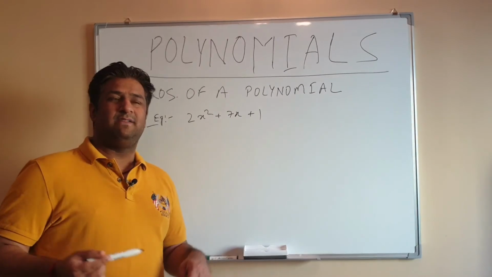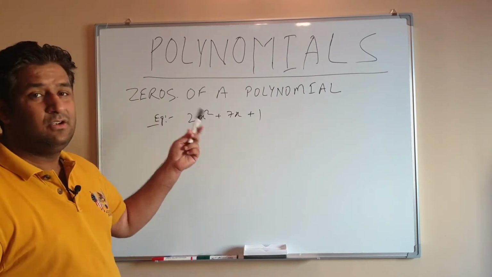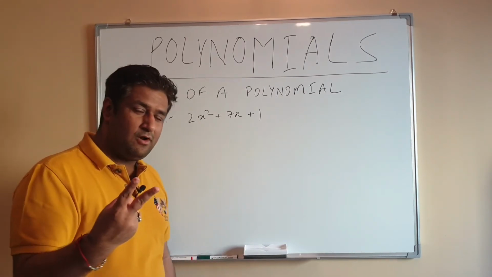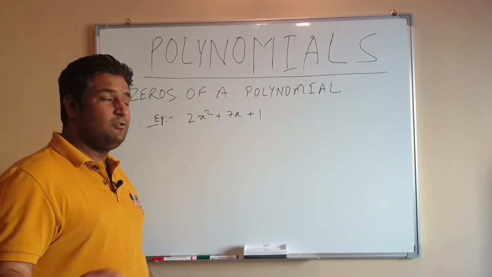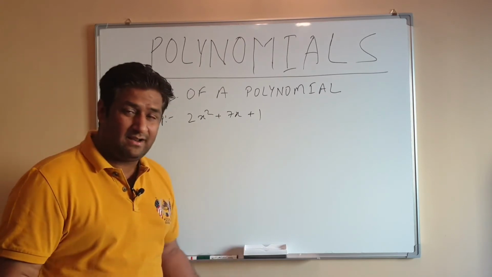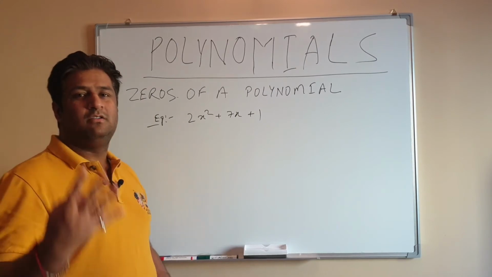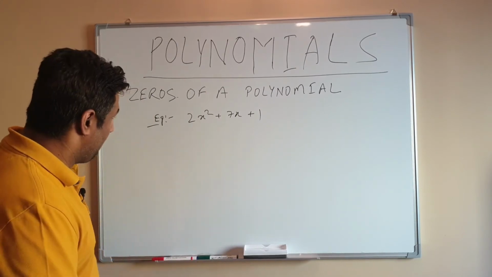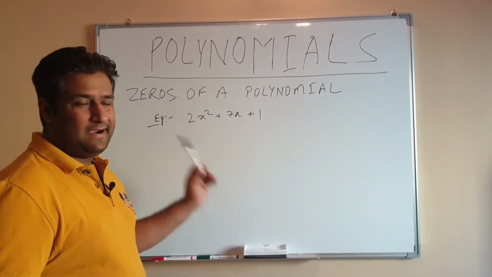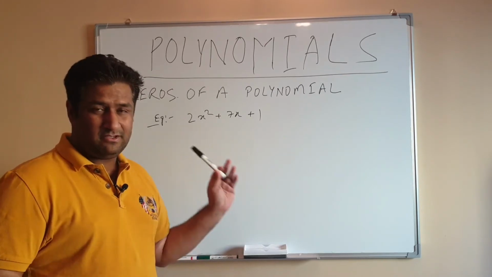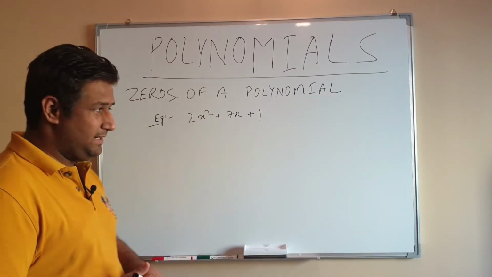So there can be multiple such numbers, depending on the degree of the polynomial. Like for example, the degree here is 2, so you will have 2 zeros of the polynomial. Had it been a cubic, you're going to have 3 zeros of that polynomial. Had it been a quartic, you're going to have 4 zeros of the polynomial. Okay, so the zero of the polynomial, as I told you, is the number which if we substitute in place of x, the whole term becomes 0, right?